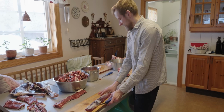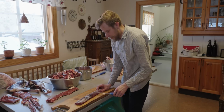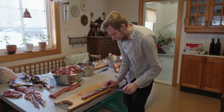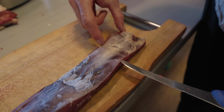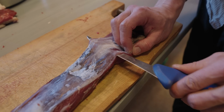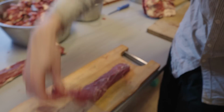Okay, so here's the trick. Sometimes you will succeed and sometimes not, but here is why you need a very sharp knife. So you will put the knife in like this, have a little bit here left, and then the rest of the piece here, and you put the knife in like this underneath this chewy layer. You can see if you put the knife in the wrong way, you can just turn it like this, but then you flip this over like this,